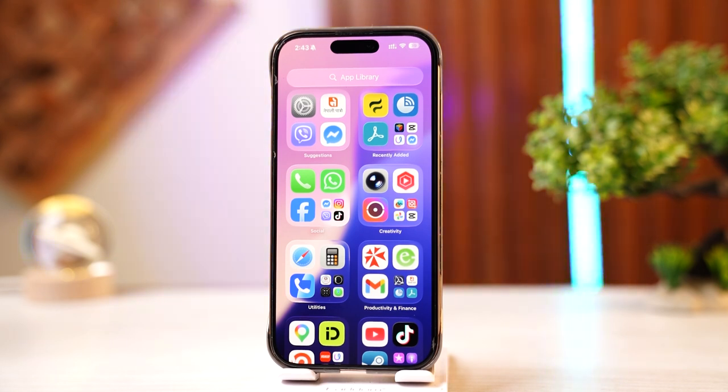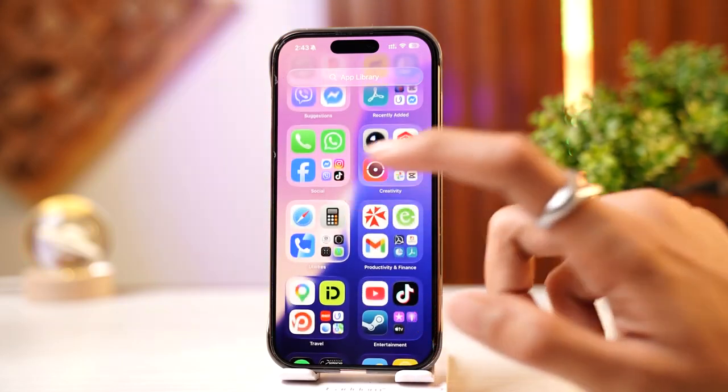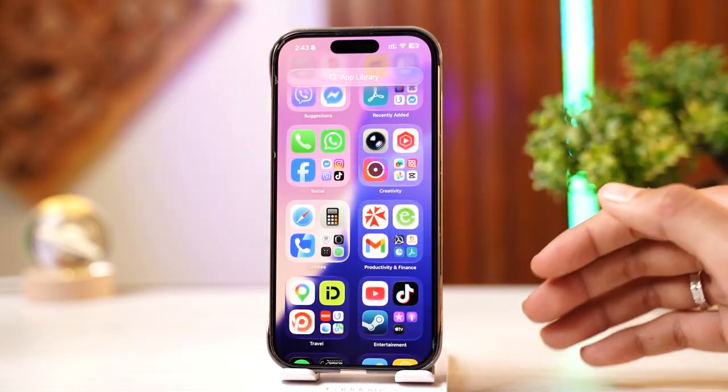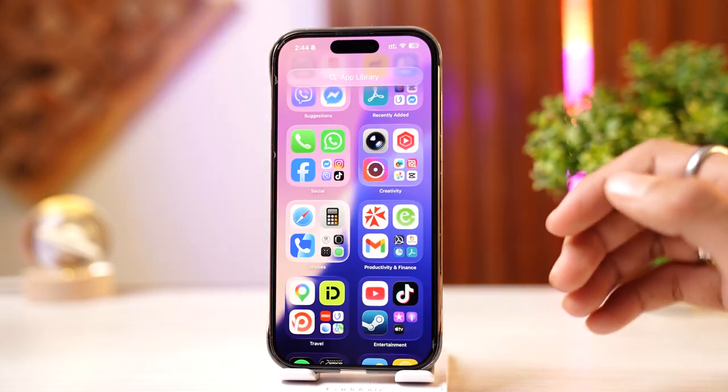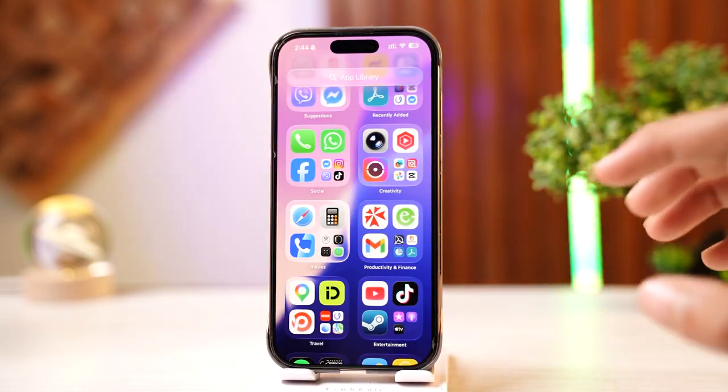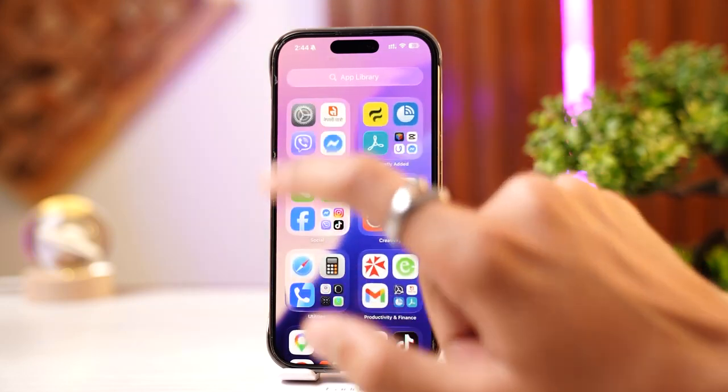In this video I'll show you how to block international calls on iPhone. And the best method will be calling your service provider and requesting them to block all the international outgoing or incoming calls. But if you want to use Silence Unknown Callers, go to your settings and then scroll down till you see Apps